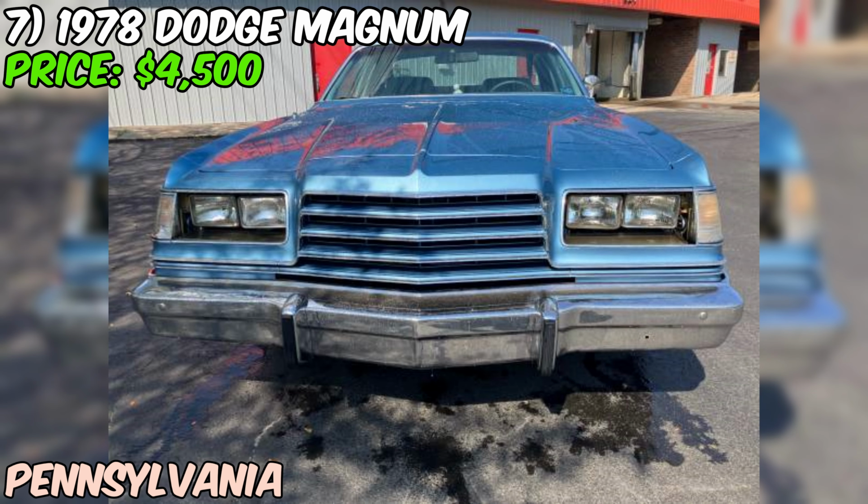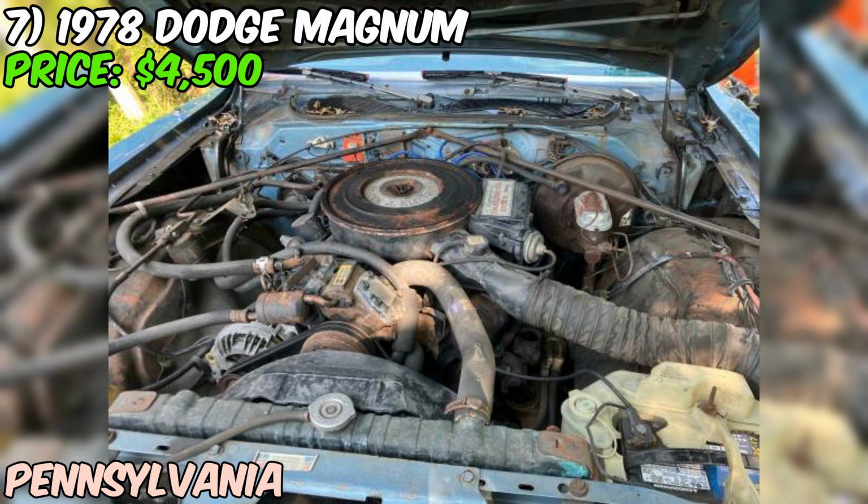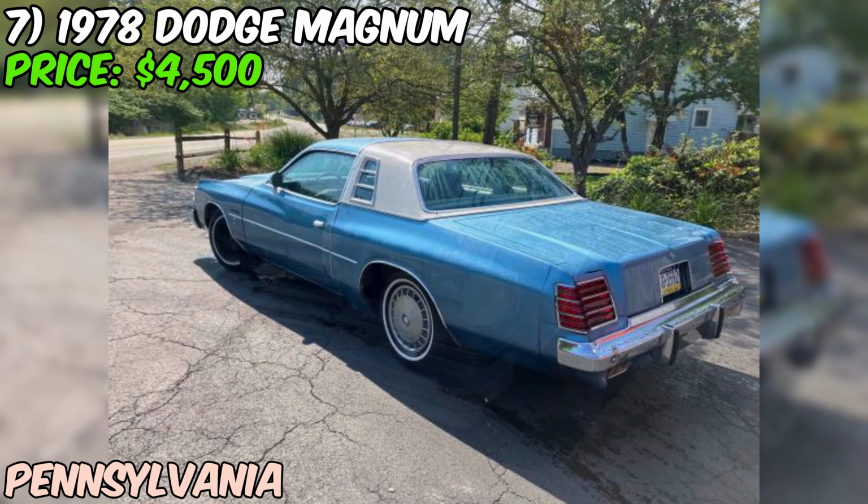The seller describes it as good, which is a positive indication. While the term good can be subjective, it's encouraging to know that the seller has enjoyed this Magnum and considers it to have been a great car during their ownership. Under the hood, you'll find a 318 cubic inch V8 engine, which is a reliable and powerful option for this era of Dodge vehicles. Paired with an automatic transmission and rear-wheel drive, this Magnum is sure to provide a classic